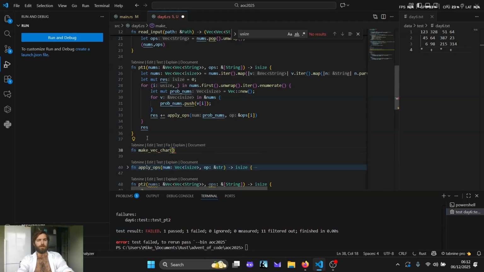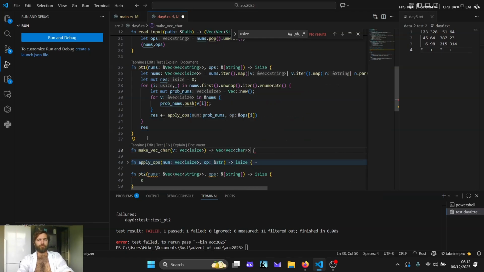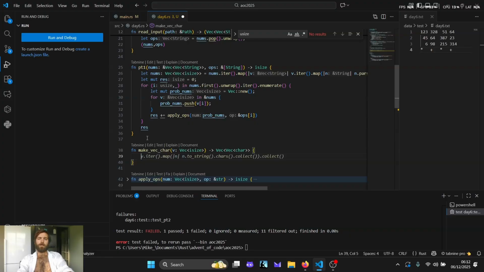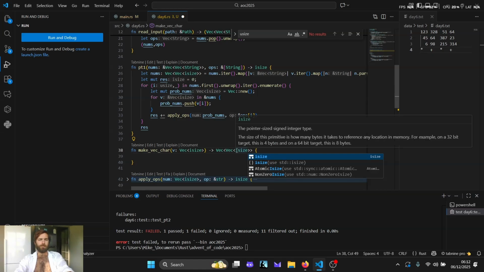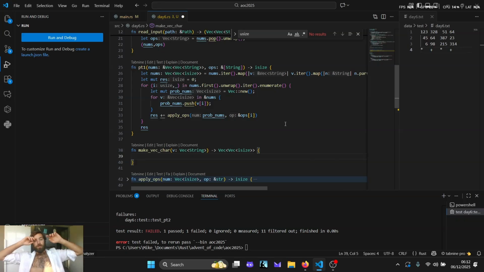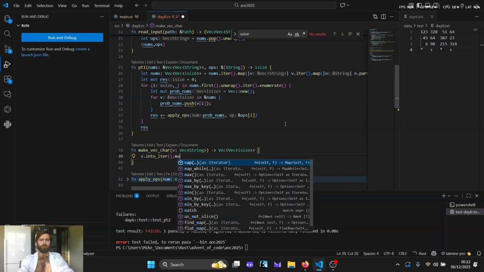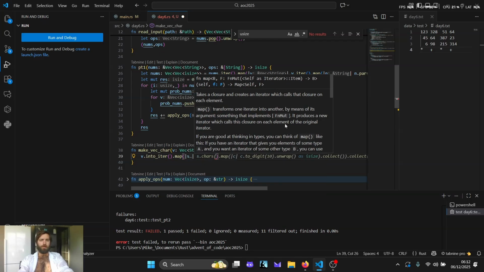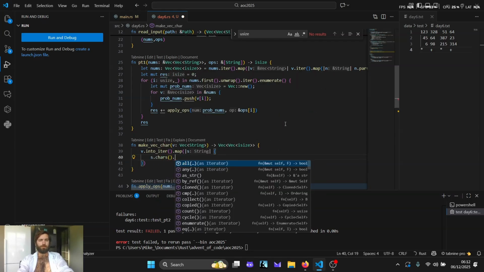So make vec char, and it's going to take v is a vec of isize, and it's going to return a vec char. No, what am I doing? I'm going to return a vec isize. Let's do all of the parsing in here, and you are going to be a vec of string, not isizes. And what it's going to do is it's going to be v into iter. I'm going to consume this string. Map it. We now have a string, and we're going to do chars map